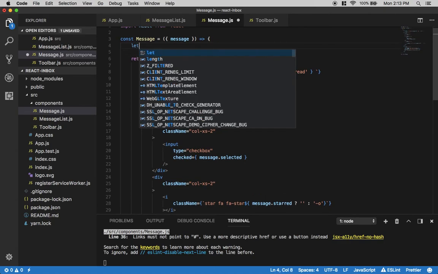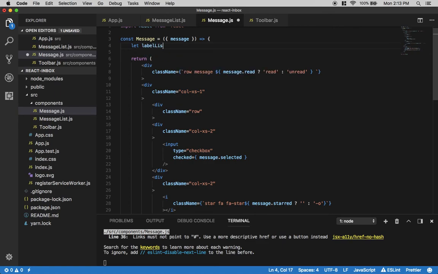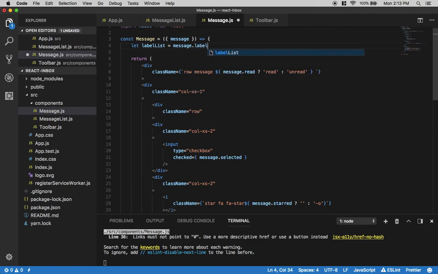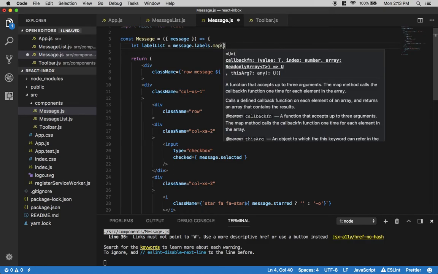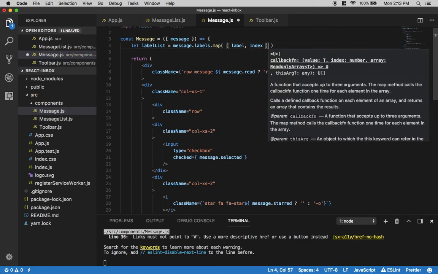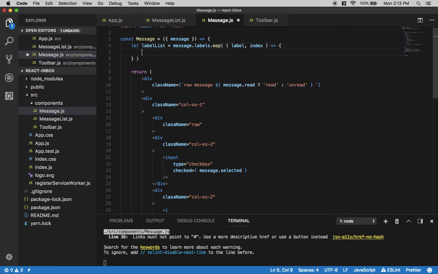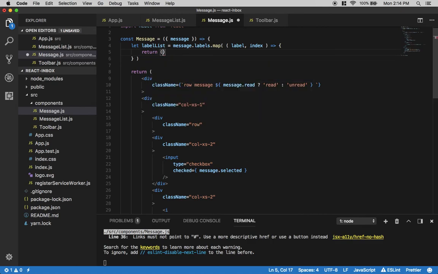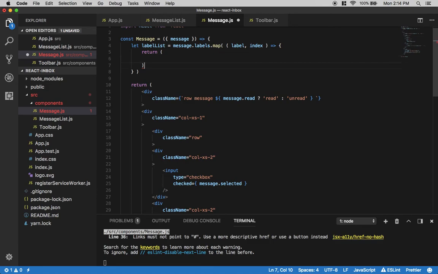Let's do let label list equal message dot labels. And what do we do with these? With lists that we need to display, we map them. Map. And let's make it look pretty. We do label index, and we'll do return JSX, and let's copy